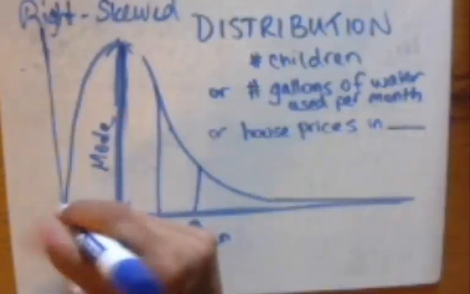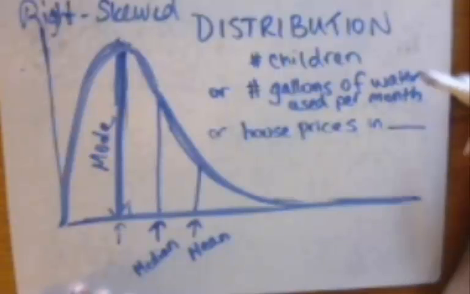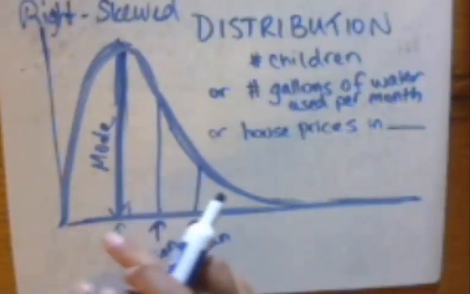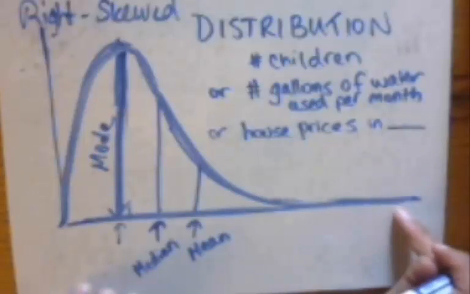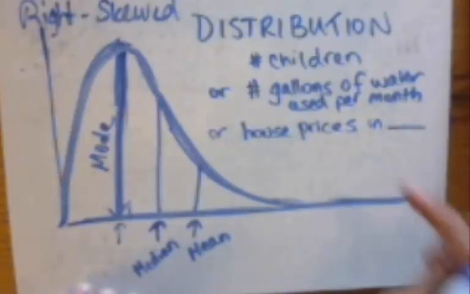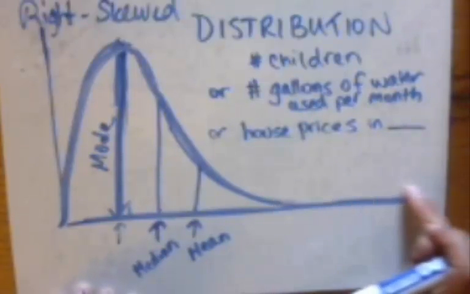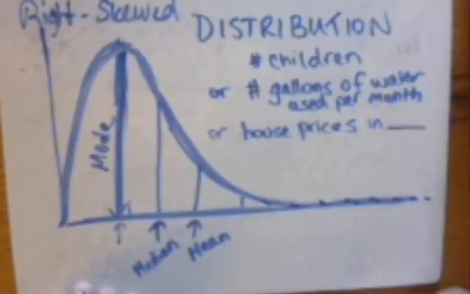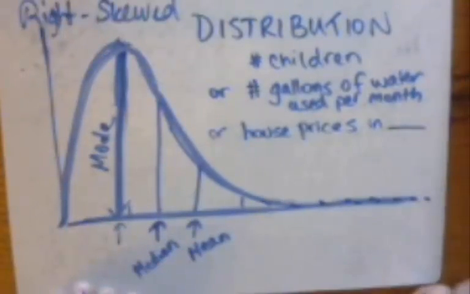So let's think about what kind of data may be right-skewed. Well, some things have a floor, meaning that you can't have less than 0 children. So you may have a lot of people have 0, 1, 2, 3 children, and very few people have 8, 9, 10, 11 children. Again, perhaps gallons of water per month used. There may be some areas that some people use quite a few gallons of water per month, but most of us are down here. House prices are another